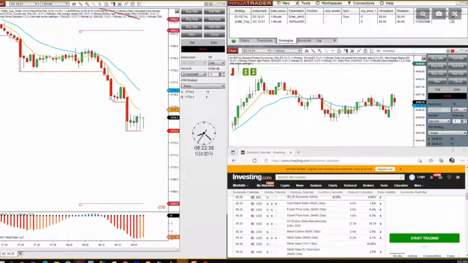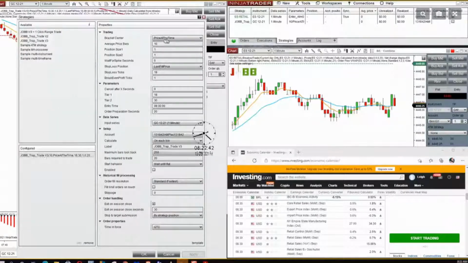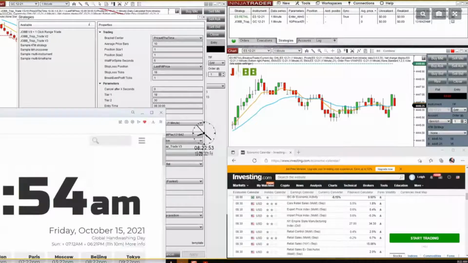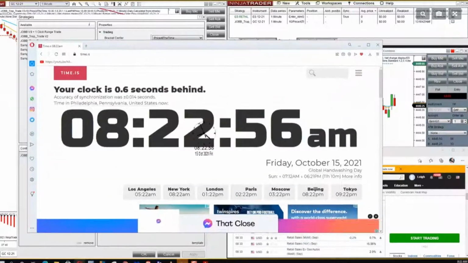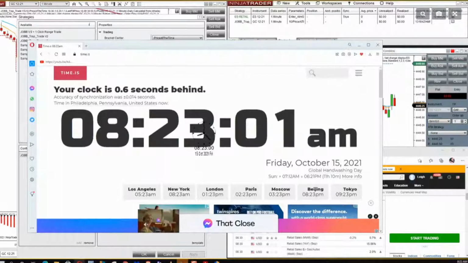So I'll show the trap trade setup one more time. Bracket center is price at the time. Average price bars is a default. That's 10. Okay, here my sync is up, so let me do that. So Dimension 4, when it comes up, looks like this.